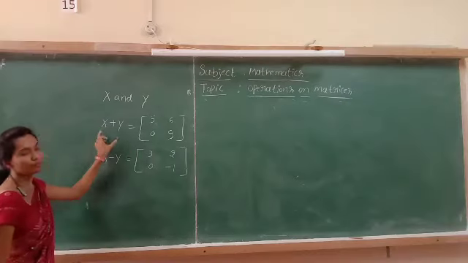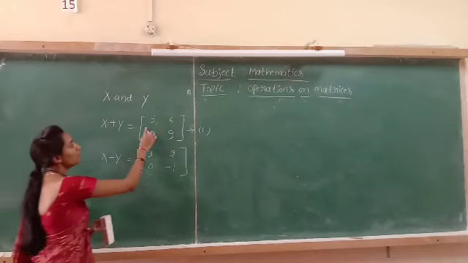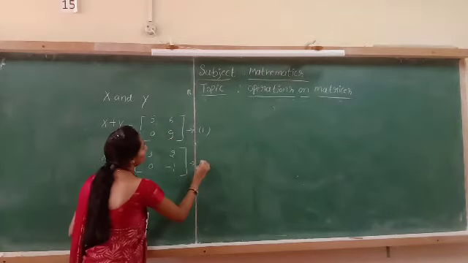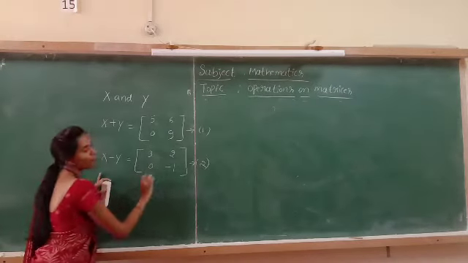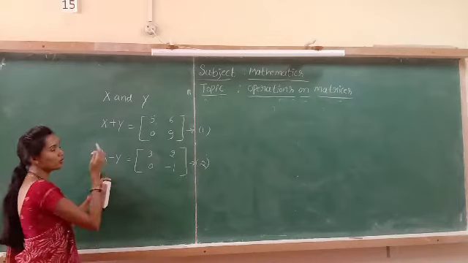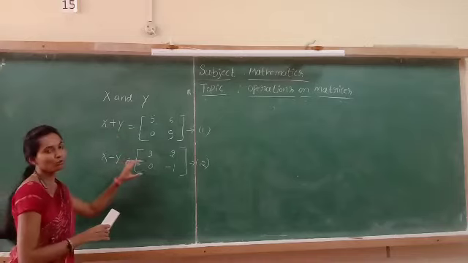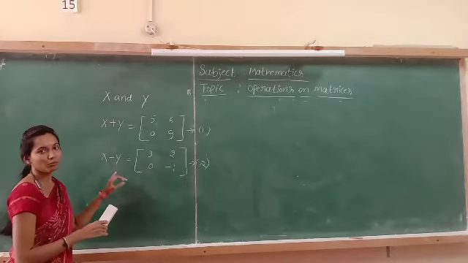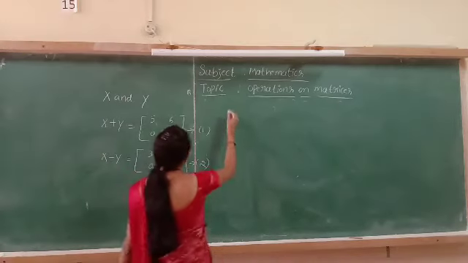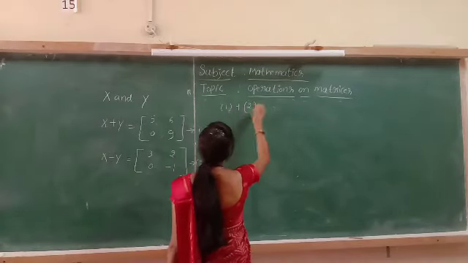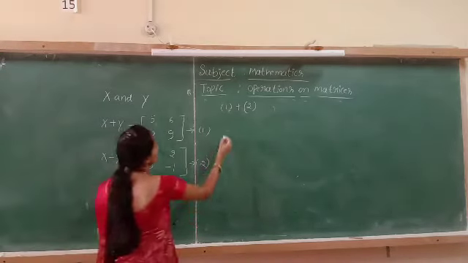So the first equation indicates X plus Y is equal to [5, 6; 0, 9]. And the second equation, that is X minus Y is equal to [3, 2; 0, minus 1]. We have to calculate the values of X and Y by the elimination method. You can use the elimination method. So adding these two equations, one of the elements is removed, that is Y is removed, remains only 2 times of X. So follow it like this, adding 1 plus 2. First add the LHS of these two equations, X plus Y plus X minus Y.